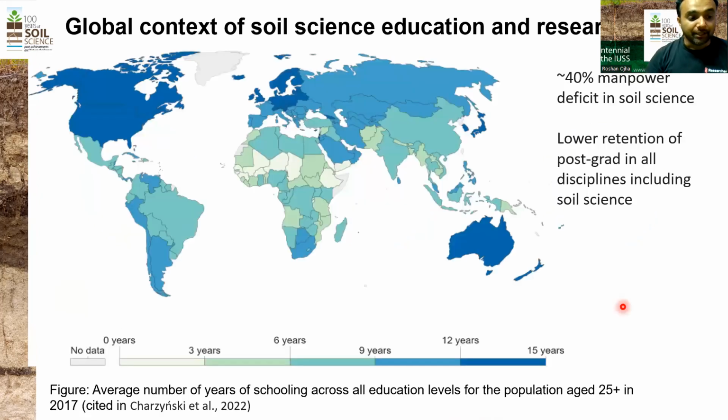As you can see in this figure, globally, the average number of years of schooling across all education levels for the population is low in developing countries compared to developed countries. Recent studies also showed that there's a lower retention of postgraduates in all disciplines, including soil science, and a survey showed that there's a nearly 40% deficiency in manpower in soil science globally. So this indicates there is a human resource constraint in soil science globally, and the situation is aggravated more in